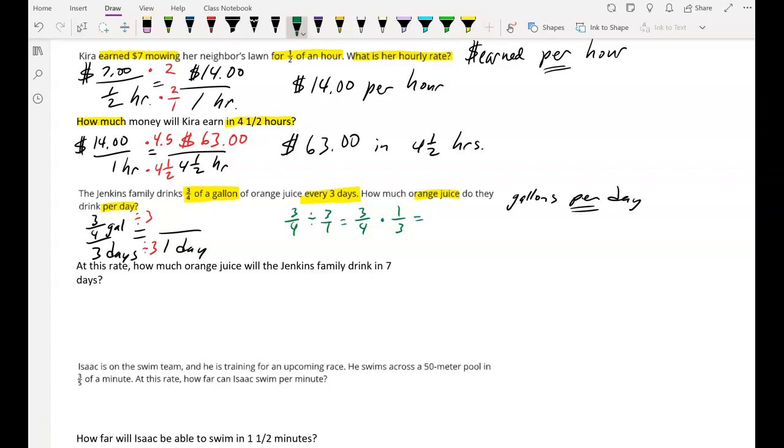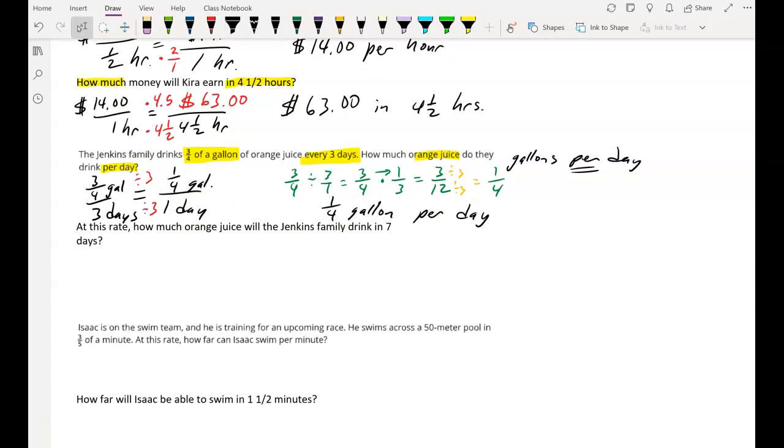And multiply straight across. 3 times 1 is 3. 4 times 3 is 12. 3/12. I can simplify that. I can divide both of those by 3, and I end up with 1/4. So 1/4 of a gallon of orange juice per day. 1/4 gallon per day. All right, well, now that we know that information, the next question says, at this rate,